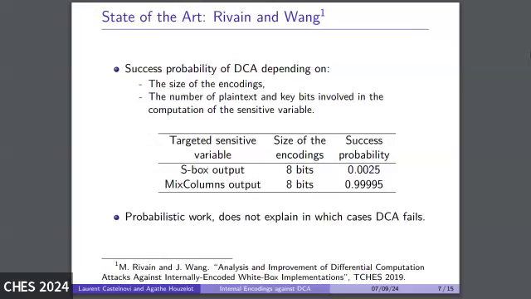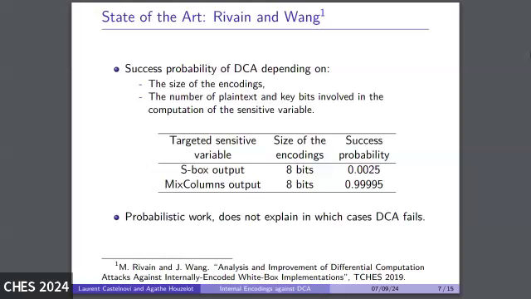So in 2019, Rivain and Wang published at CHES "Analysis and Improvement of Differential Computation Attacks against Internally Encoded White-Box Implementations." Amongst several results, they managed to give the success probability of DCA depending on the size of the random encodings and the number of plaintext and key bits involved in the computation of the sensitive variable. Rivain and Wang's work is very generic, so it does not focus only on one cipher